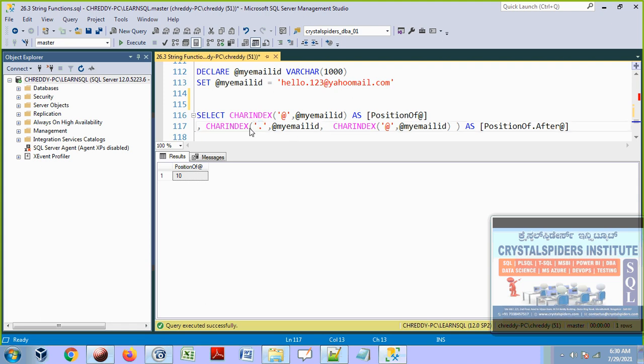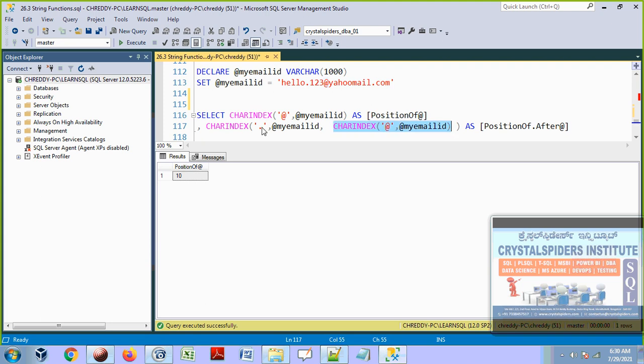So now here it is. I am looking for the dot symbol from this variable. In this variable, what value is there? In this value I am looking for the dot symbol, but there are two dot symbols. If you don't specify from which dot you want to verify, then it will start looking by default from the first position, so it will definitely return this one. But here I mention one more value, CHARINDEX, take the position of the at the rate symbol. So what is the position of the at the rate symbol here? Whatever the position it is, 1, 2, 3, 4, 5, 6, 7, 8, 9, 10. So here it will return 10.